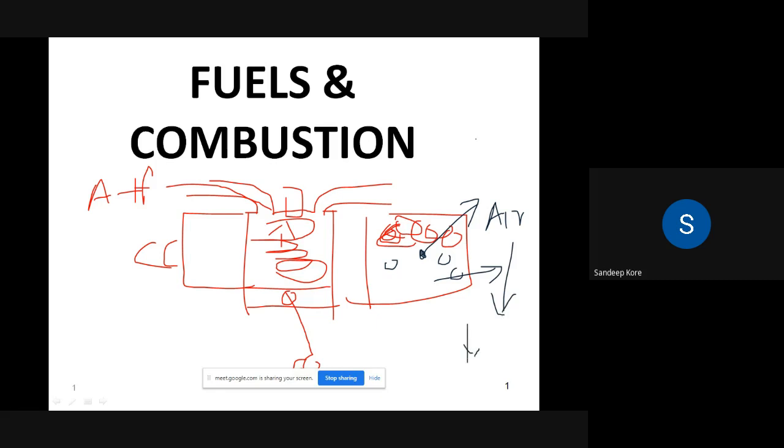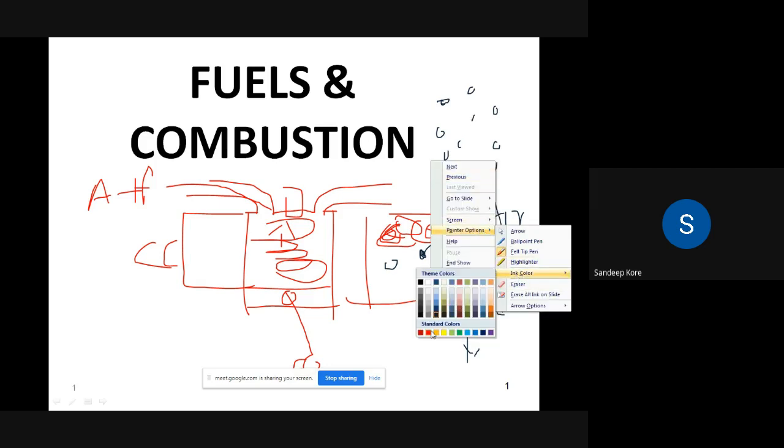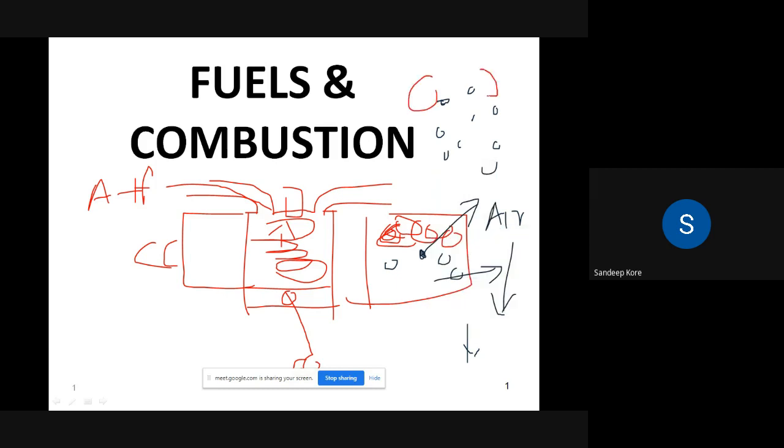So to have maximum fuel economy, all the fuel particles should be sprayed in the air. Suppose these are the fuel molecules and these are the air molecules. It is expected that all the fuel molecules should get the air. Then only do you have a higher combustion efficiency, because your next efficiency depends on the combustion efficiency. Your overall efficiency of the vapor power cycle, Rankine cycle, or Otto cycle depends upon the design of the combustion chamber.